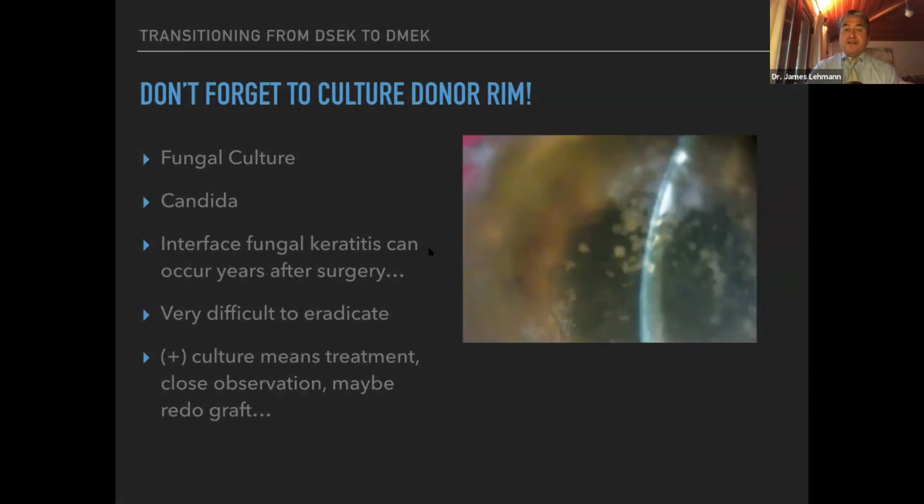Here's one little thing that you should be doing: culturing the donor rim. Why is this? Because endothelial keratoplasty has a much higher rate of fungal keratitis than PKs do. And it's really difficult to treat, and it seems like it's always Candida. So if you do a donor culture and it turns out to be positive, you need to follow that patient